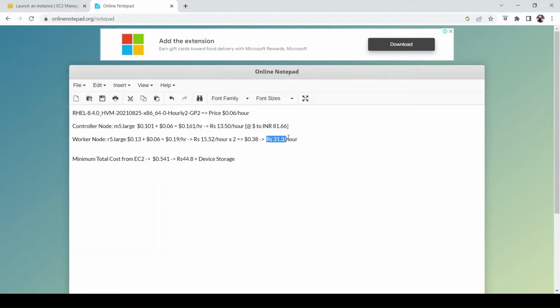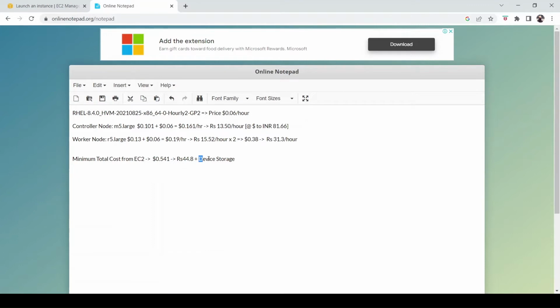So it turns out to be 31.3. Add both of them, it becomes 44.8. Now this is the minimum charge. You won't be running it for 1 hour. Of course, you might encounter some issue and something. So at least minimum you can consider you will be spending around 3 to 4 hours and multiply this by that amount. So I think if you try to work out this demo, you'll easily end up paying 500 to 600